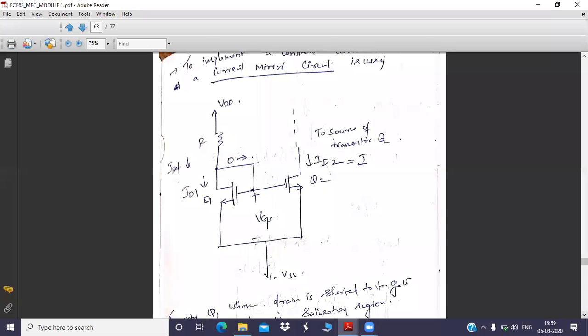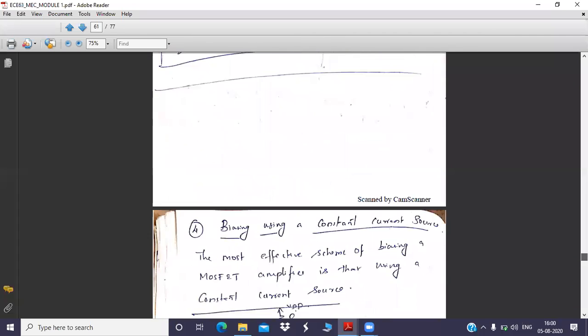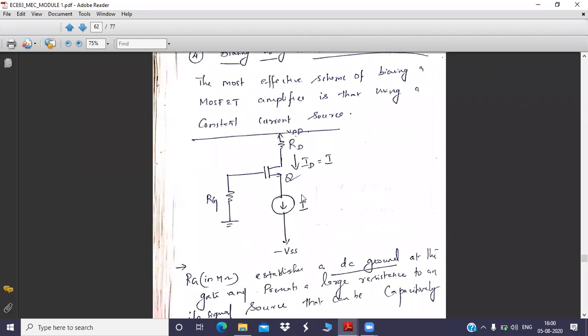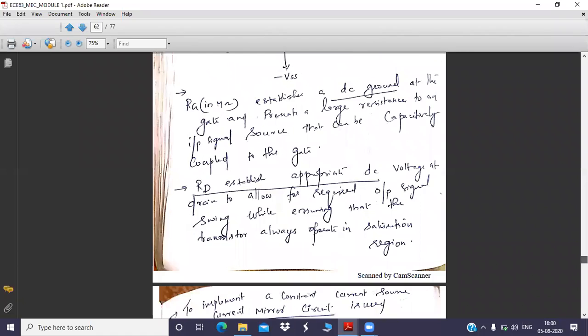The reference current can be designed by appropriately fixing the resistance value R, which you can see in this particular figure. In this figure, you have the resistance R. So this R is going to fix this IREF. Understood? That IREF will be equal to I. And this I only we are using in the previous circuit. So this is the main circuit actually. I told that for fixing this I, you need to design another circuit. That circuit is nothing but your current mirror.